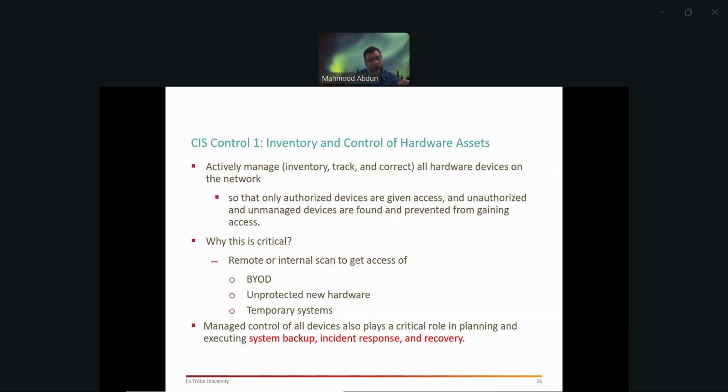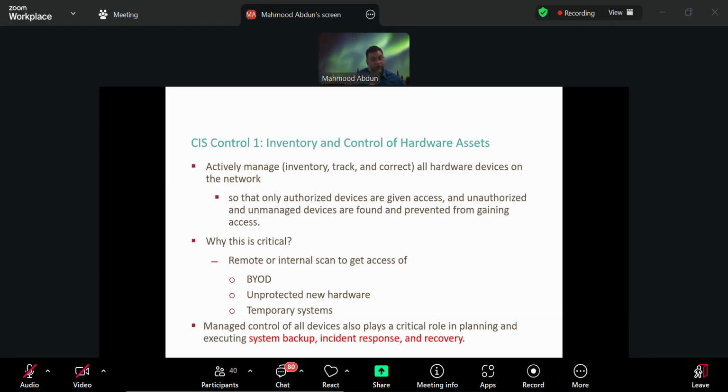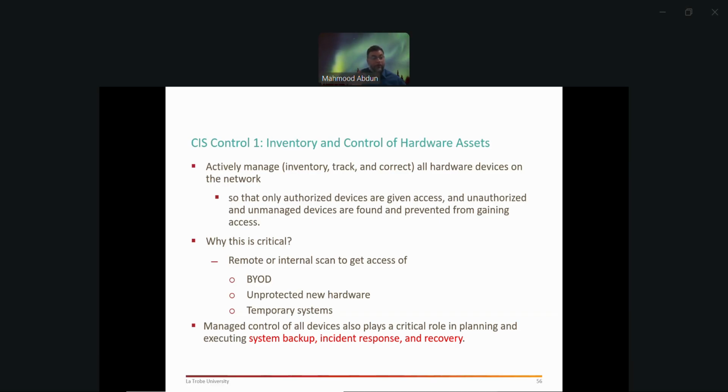So if you do a regular inventory, this is a continuous process. Anytime you procure something new or something new gets added, for example, you have a wireless network in your office, and then there are passwords, right? Or an authentication process. Either way, a new device comes in and joins. You can keep track of which devices are joining your network, and then identify whether these are a threat or not.